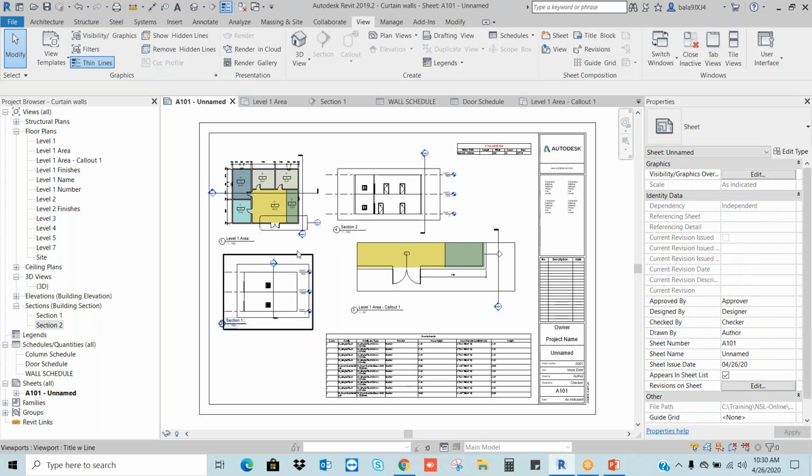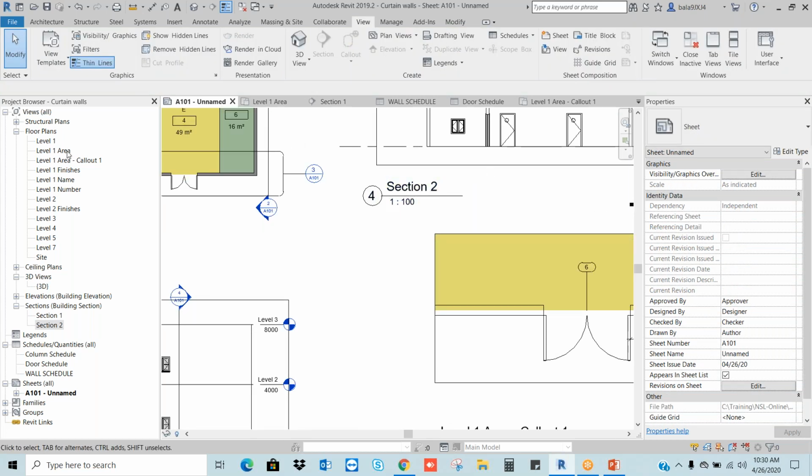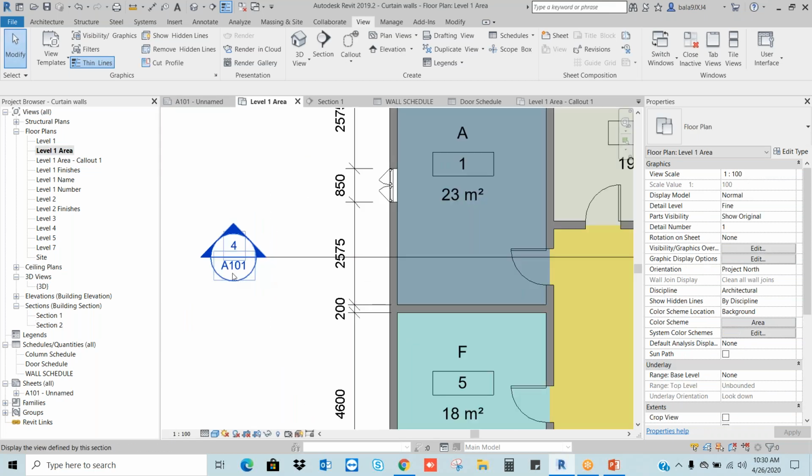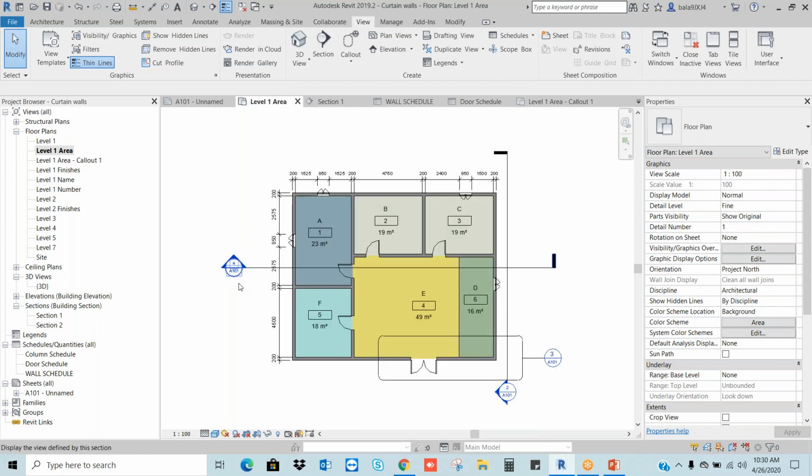See, I placed it in the sheet. If I go to the drawing, now you can see the number 4, A101.